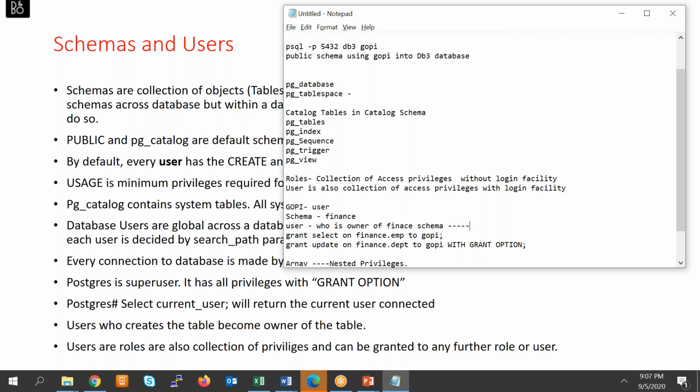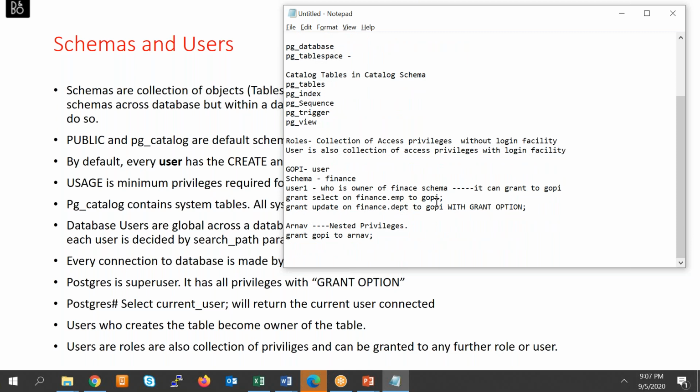Gopi cannot grant because Gopi is not the owner of the finance schema. Maybe a superuser, or a user named user one, who owns the finance schema, can grant to Gopi. Now Gopi has a privilege to select on finance.emp.